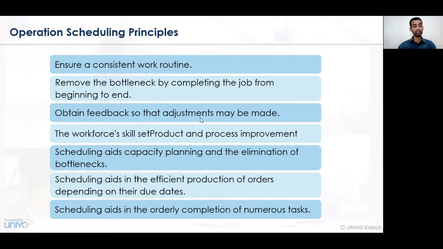Going ahead further, we'll see what we mean by operations scheduling and principles, and how those principles will be applied in the organization. In the organization, all those activities need to be conducted in a very effective way, and for that, effective operations planning is essentially required. Now let's understand the various approaches to operations planning.